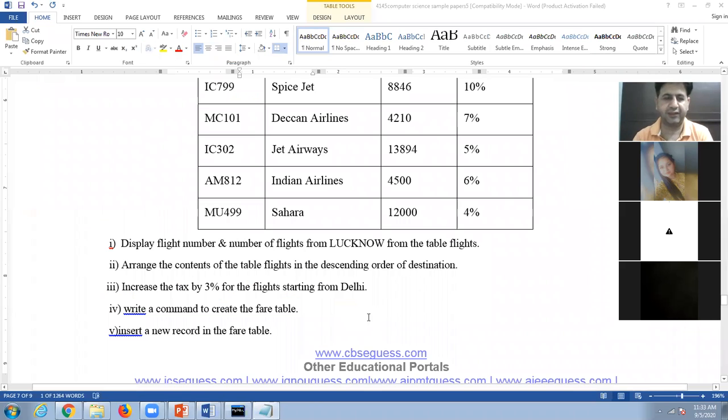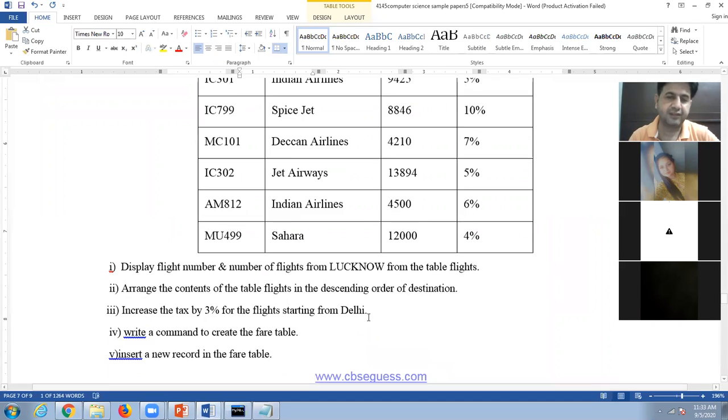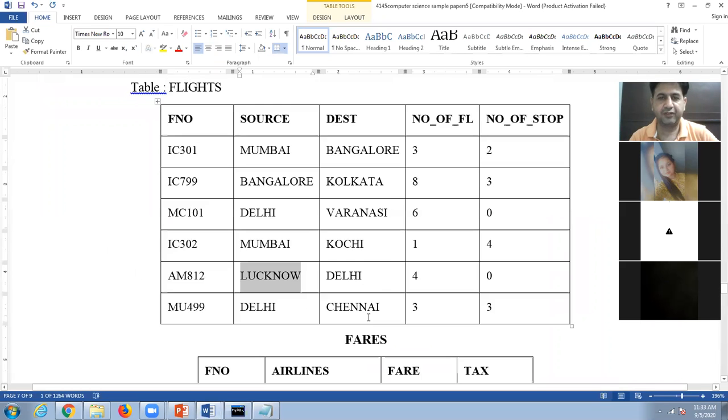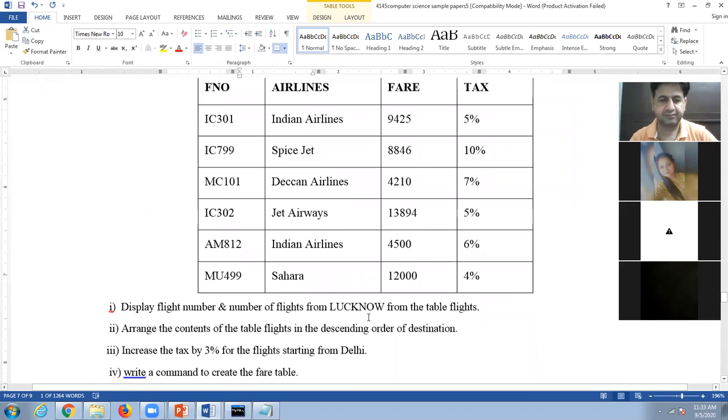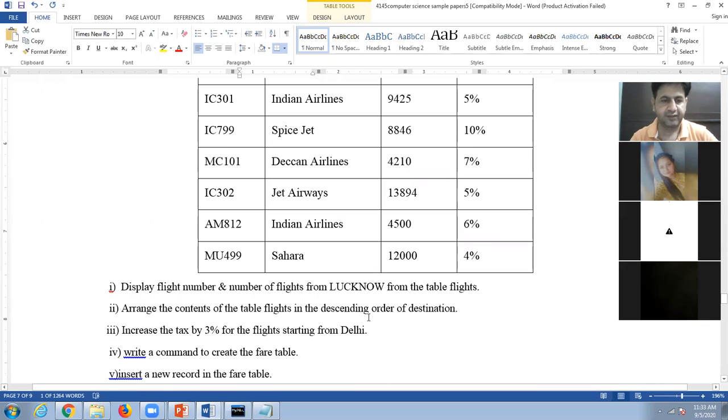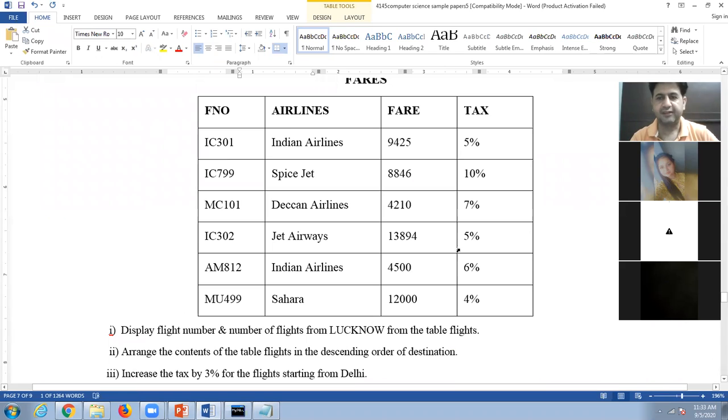Now third query is increase the tax by 5% for flights starting from Delhi. Okay, students, look at here. Increase the tax by 5% for all the flights starting from Delhi. Okay, students.